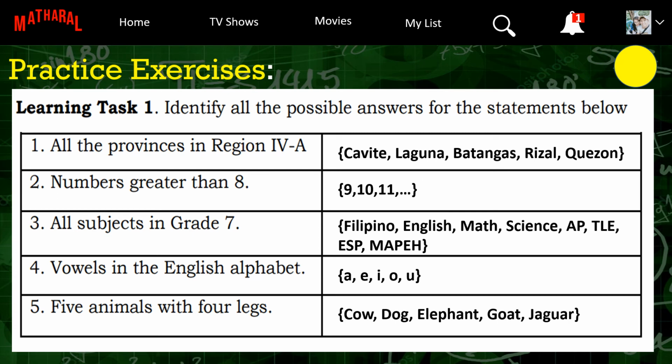Why don't we write an ellipsis? Because they ask for a finite number of animals, only 5 and nothing else po. Kaya sakto lang po. Kahit ano pong ilagay niyo dyan, basta 4-legged po, okay po yan. So next part,